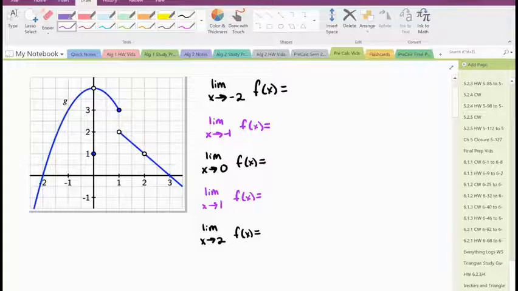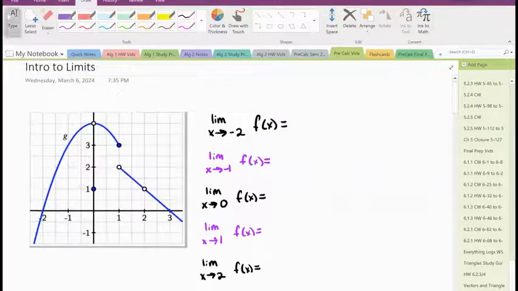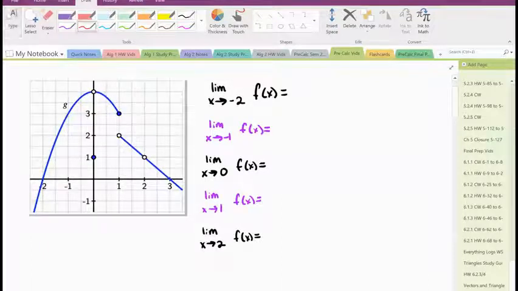So hopefully you just finished the Desmos that introduces or reintroduces the idea about functions and the idea of limits. Looking at this graph, we're going to talk about a couple of different points. The Desmos went through and said, what is g of -2? Meaning if I plugged in the x value of -2, it spits out a y value, which in this case is 0. So it's going to help us with limits, but limits don't necessarily have anything to do with